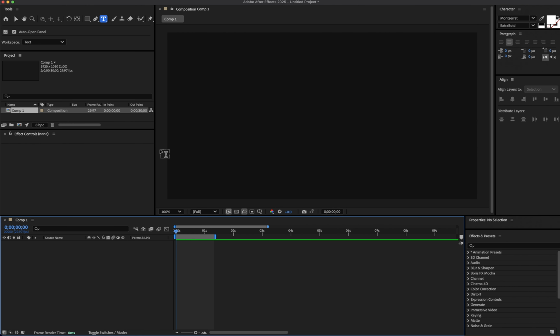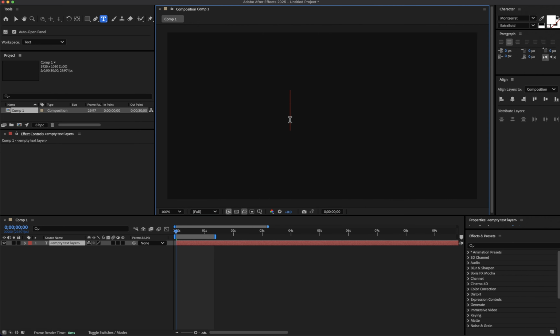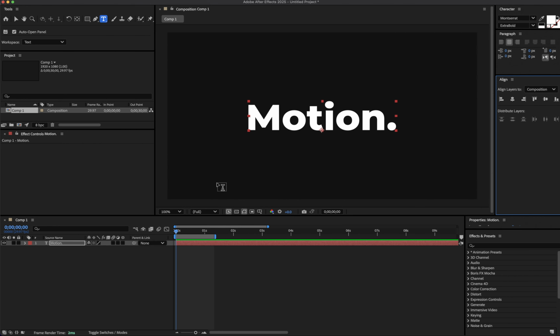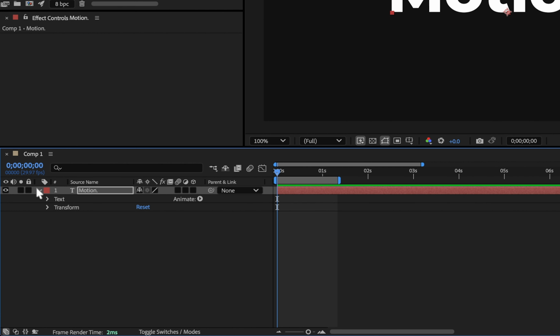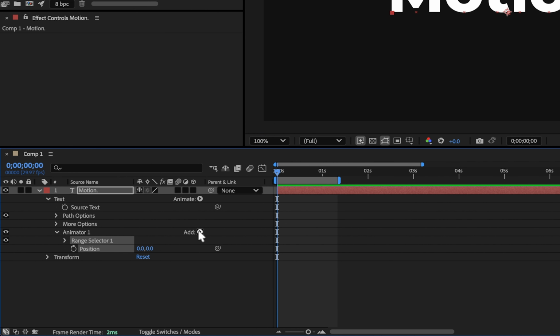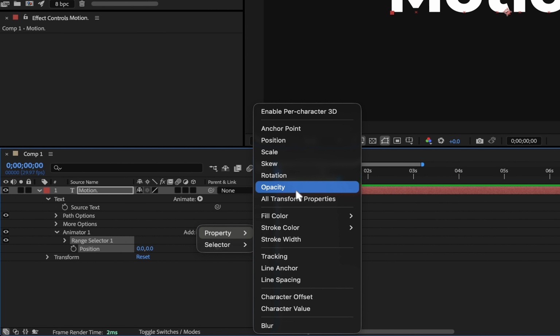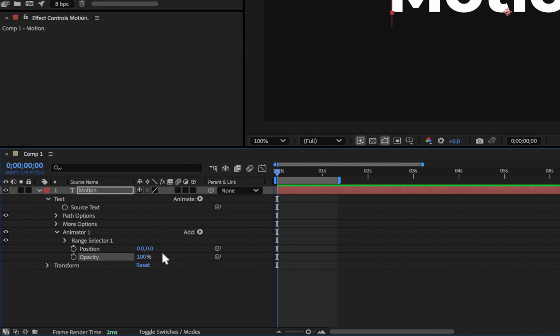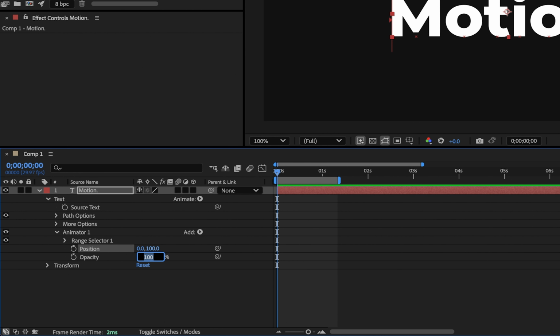How to create a smooth text animation like this in After Effects. Insert your text to the composition, and you guys can add any adjustment to the text. Then expand the text layer. From the animate, select position, and from the add property opacity, and you can add position to 100 and opacity